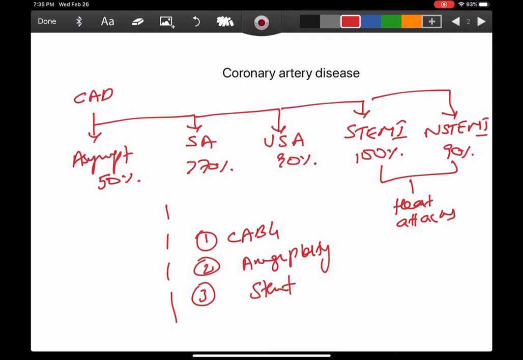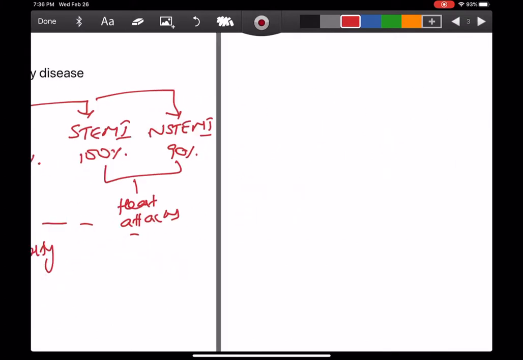All these three interventions are done for stable angina, unstable angina, and for heart attacks. But they do not address the etiology, that is atherosclerosis, that causes the blockage of the artery. What one needs to do is work on the risk factors to prevent the probability of the person getting the heart arteries blocked by atherosclerosis. So let me briefly talk about the risk factors.